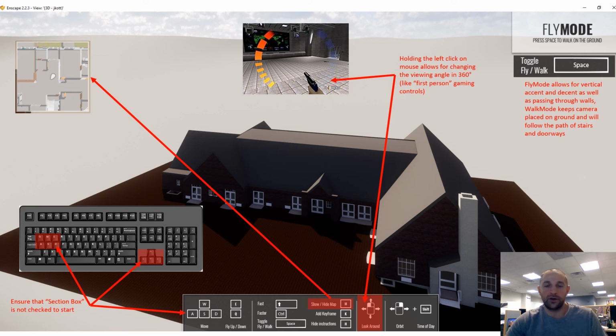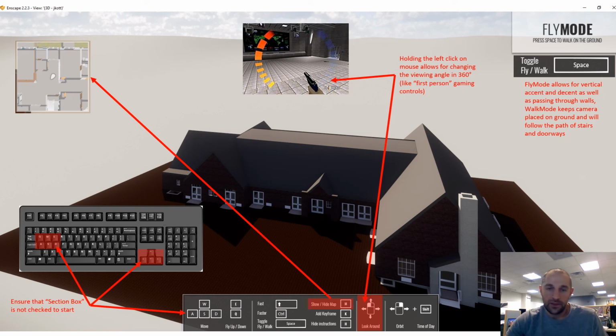And keep in mind that all of those tools are visible at the bottom of the screen in the instructions. If you press H, you can toggle those on and off again. So if you get lost. One other thing that's mentioned on that instructions, we'll talk about on the next slide, is the time of day